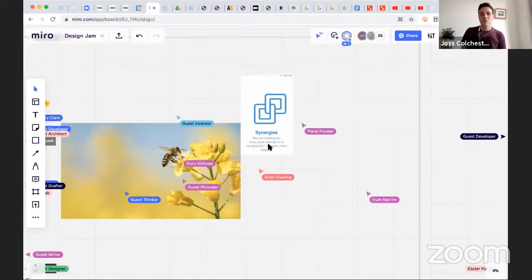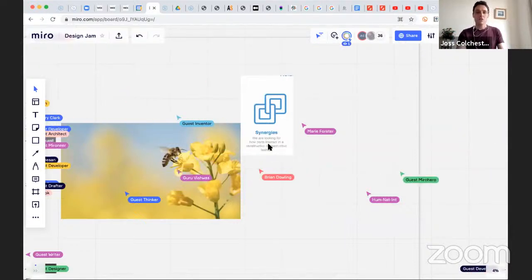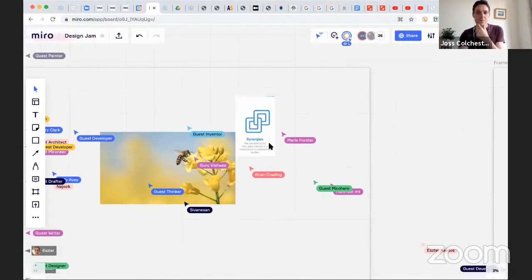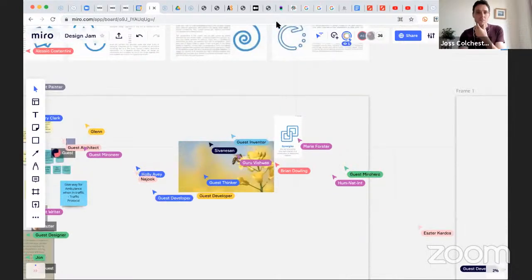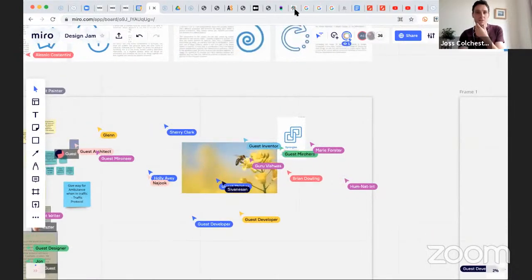Maybe you have some other examples of synergies, positive or negative. I would love to hear them, or anything else you'd like to share about designing for synergies within complex systems. I'll share the link again. We'll take a few minutes to have a think about that and post up any thoughts that you have. If you need any help, just give me a shout.